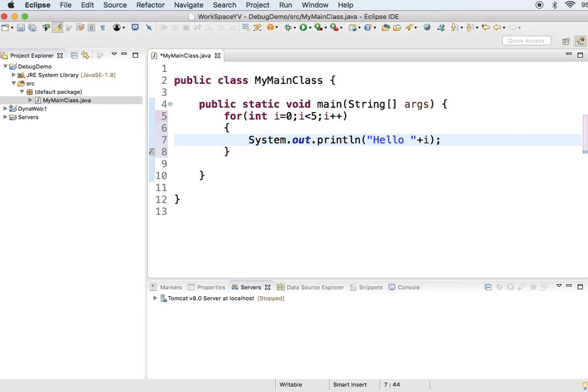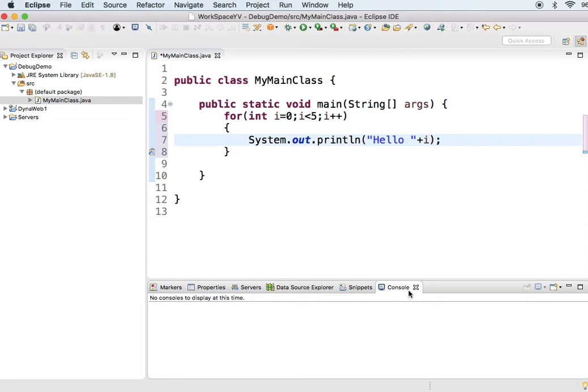So I have written a very basic program which will just go on printing the value of i into the console window. This is the console window, you can see.